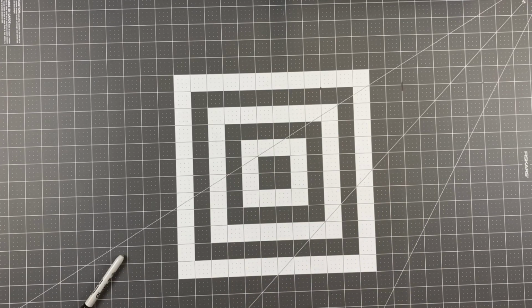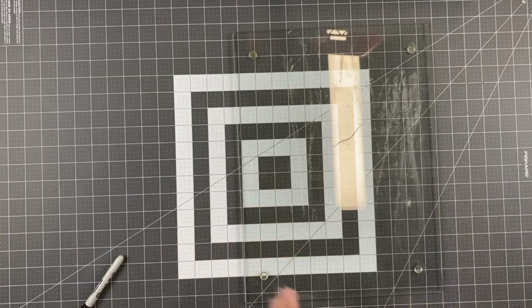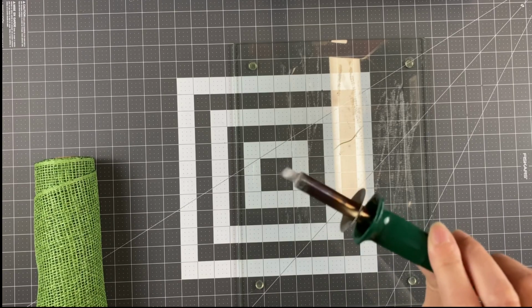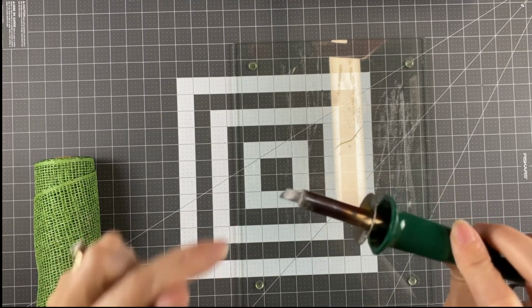Next, I'm going to set this aside and show you how to cut the daisy petal, and we will be using a wood burning tool. Okay, so here is my wood burning tool. As you can see, I use it an awful lot, but I am using a chisel tip,